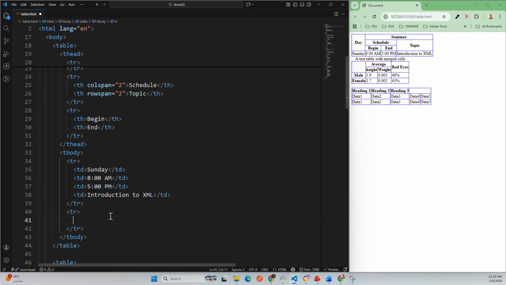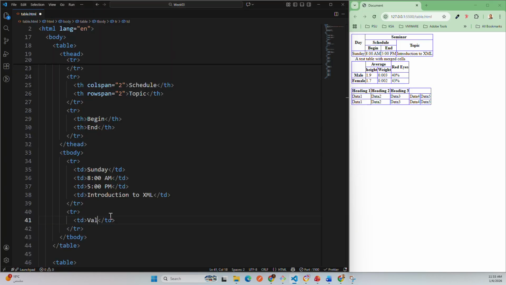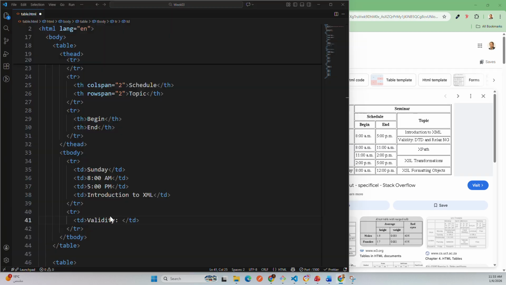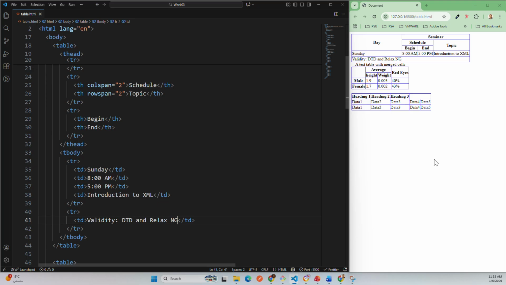So we can just put TD here, and then we can say validity: DTD and RELAX NG. Okay, when I save it, now you can see that actually it comes in the